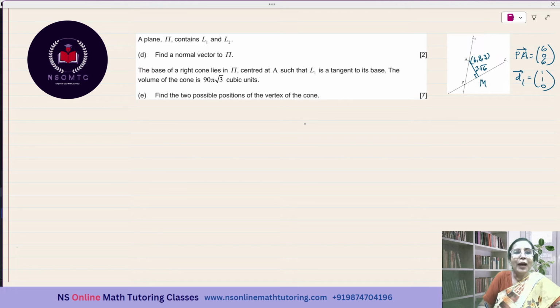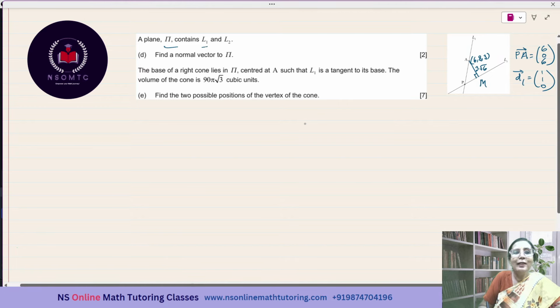The plane pi contains lines L1 and L2. These two are non-parallel lines and they both lie in the plane pi. Suppose the question is: find a normal vector to pi. Because these two lines are lying on this plane pi, let this white square or rectangle, whatever it is,